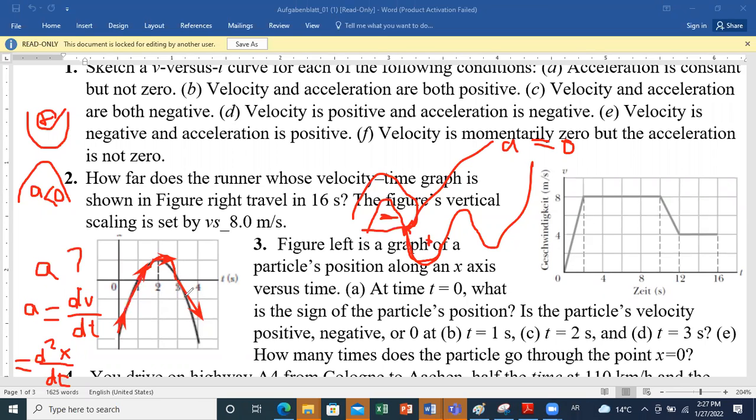Okay, so we can say it's convex. Concave is like this, convex is like this. Or we say downward concavity and upward concavity. Okay, so in this case, we have A is negative